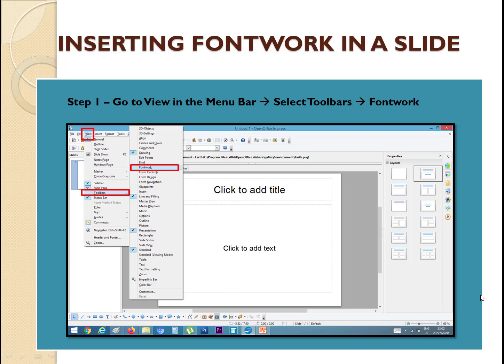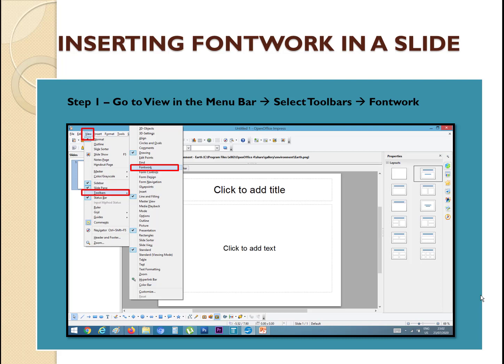Our next topic is Fontwork. How can we insert Fontwork in a slide? Fontwork allows us to give various effects and styles to the text. Step first, go to the View menu.